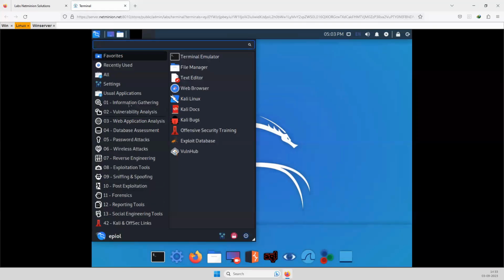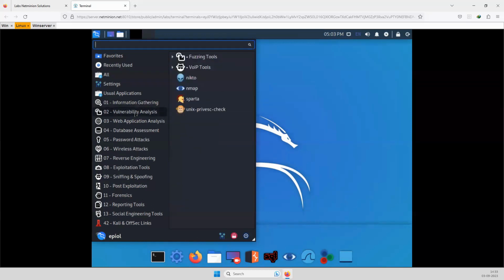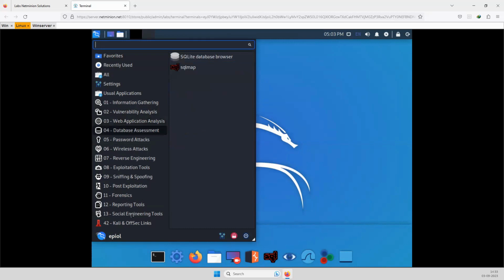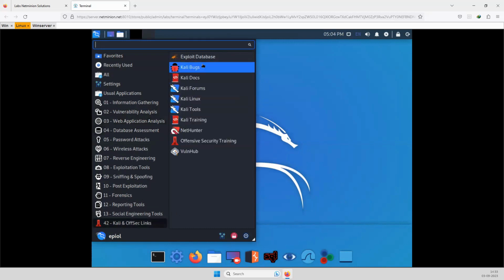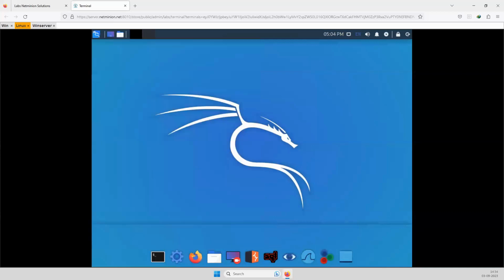For example, if you want to do information gathering, here we have tools for information gathering. Single tools you can use for information gathering. For vulnerability analysis, we have a different type of tool. For web application analysis, we have different types of tools. So here you would be able to see a lot of tools regarding penetration testing or hacking. Mostly pen testers are going to use these tools. I'm going to show you how you can do this